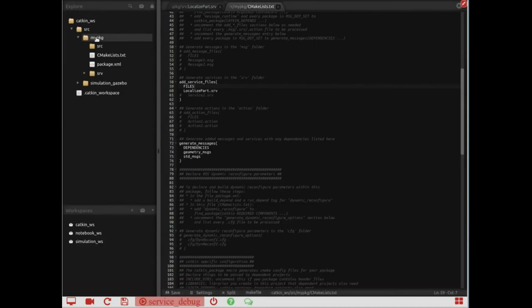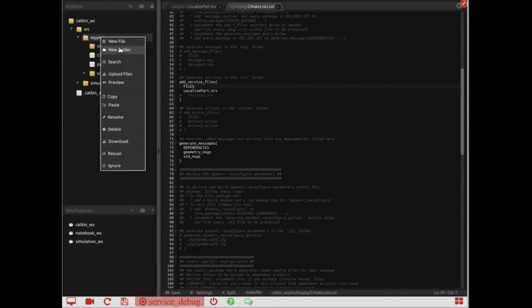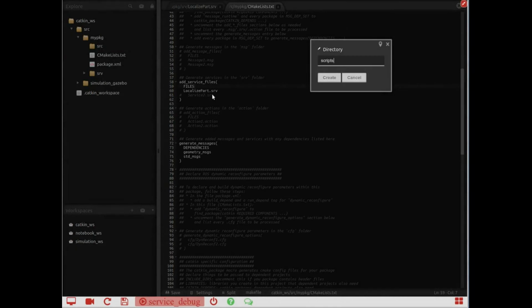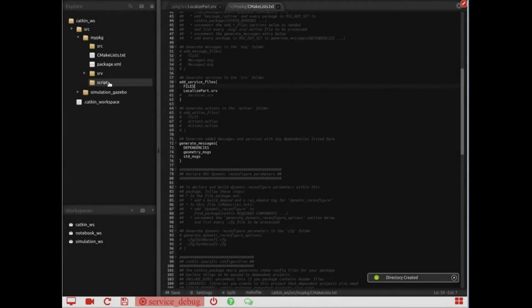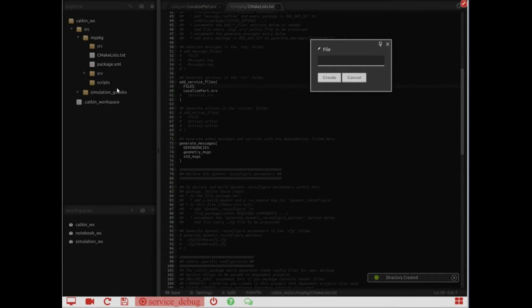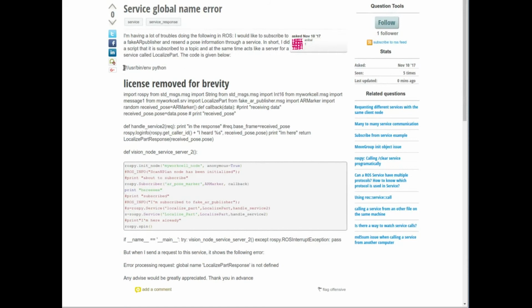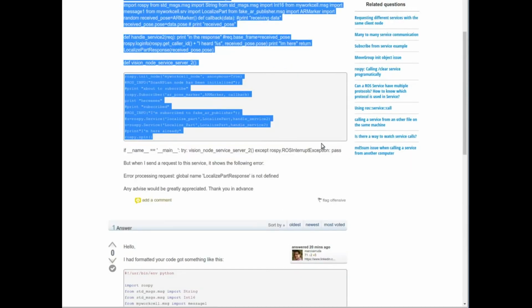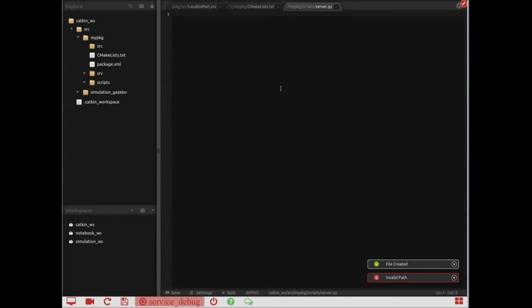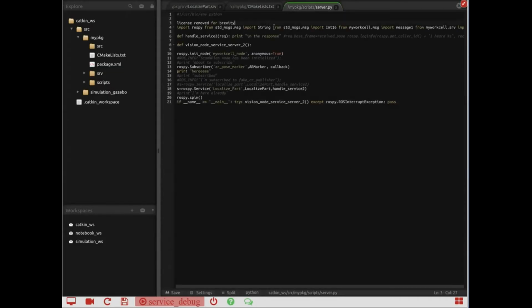So let's go to the code. We have to create a folder. Let's create a folder here just to keep it organized. Call it scripts and create a file here. So that's our server, so server.py. Let's copy and paste the code of the user. Okay, it's not indented, so